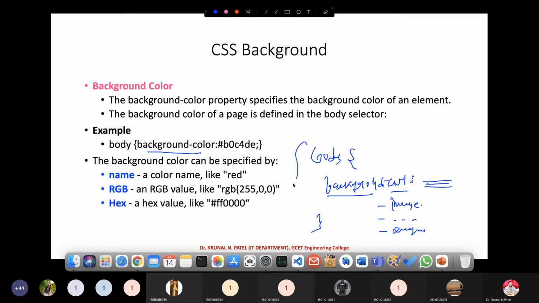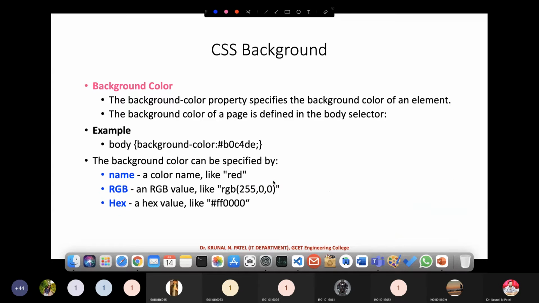That's it, guys. This particular syntax you have to remember throughout all the box model properties, throughout CSS actually, right? Whenever you are dealing with the box model properties, the prefix is common up to the dash in most of the properties, and after that there is a specific property you have to set. Okay, this is for the color. You can define color in three different ways, and we have seen all three: either the direct name, RGB value, or hex. Here R, G, and B are red, green, and blue, and that combination makes the color. So that you have to provide.